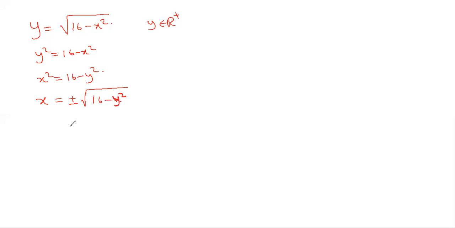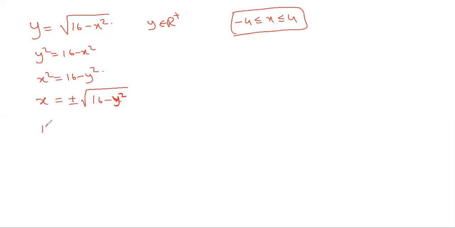Right? Now, the domain of this function is not all real numbers. If the domain of this function is not all real numbers, then we can't directly write the possible values of y. But x lies between minus 4 to 4. They've given the domain condition: minus 4 is less than or equal to x is less than or equal to 4, so you got this as a domain already. So you need to use many conditions here.